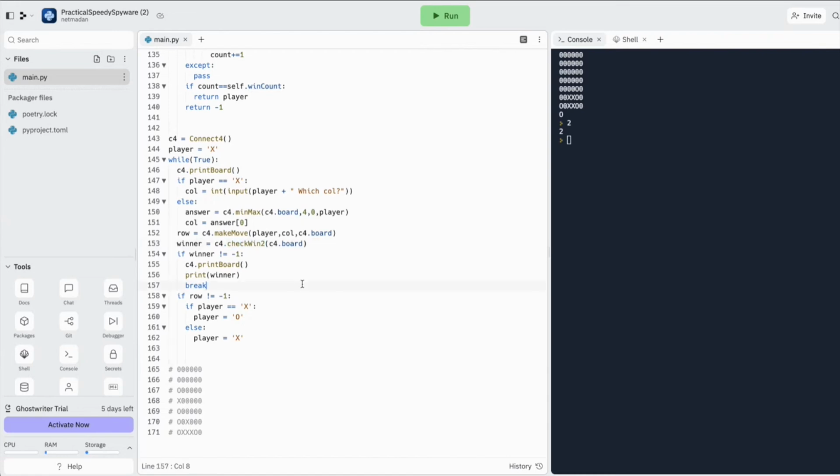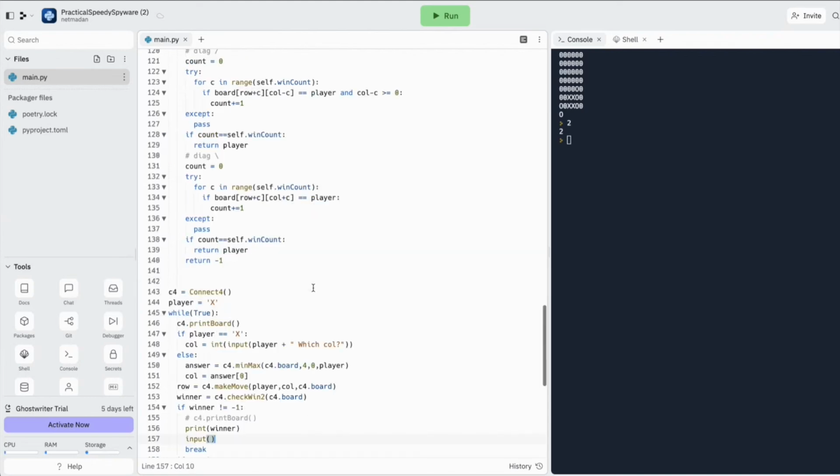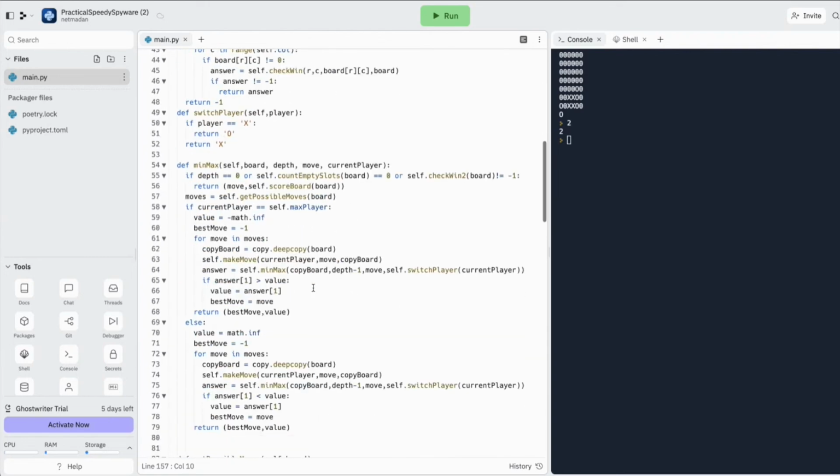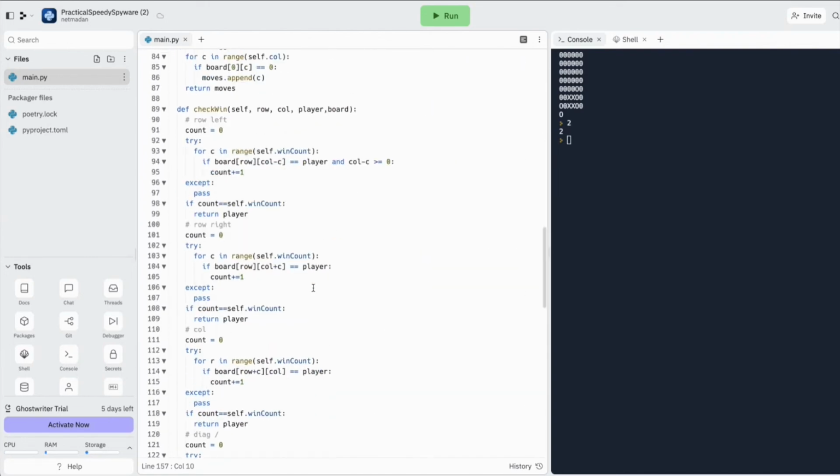So we are checking the winner here, check win 2, and we are printing the winner here. Let's uncomment this one and let's put an input statement here. And in our check win method, let's exactly see which condition is being